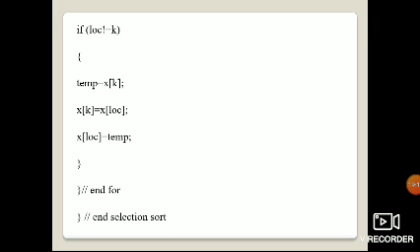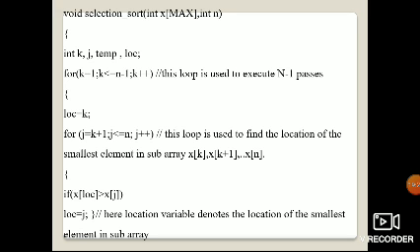After swapping, if the condition is not satisfied, again it will go to find the next smallest element. If this condition is also false, then it has to go to the n minus 1 passes, the k passes have to be taken. So the first pass is completed. Again k is incremented, k now becomes 2, which is less than or equal to 7 minus 1, which is 6. The condition is true.